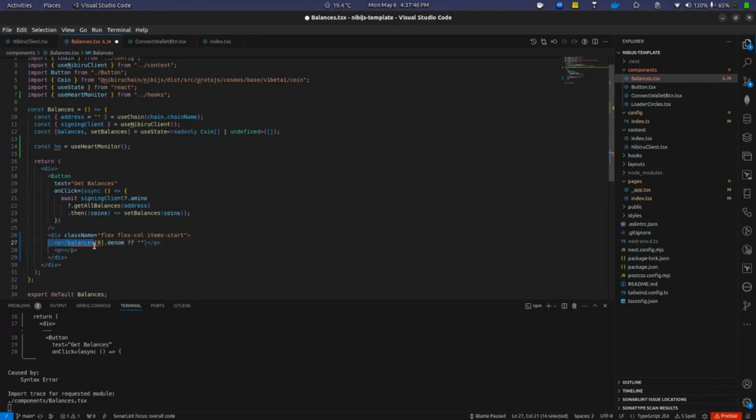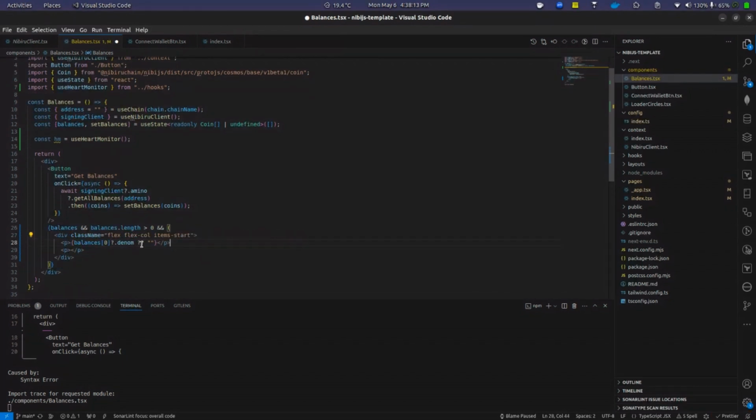Or actually, since we already have it wrapped in a div, we can add a condition on top to verify that balances exist, and also that balances length is greater than 0. This ensures all our types. Awesome. Let's do the same thing for